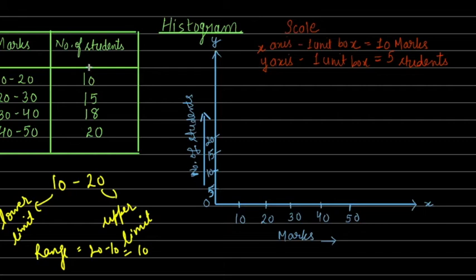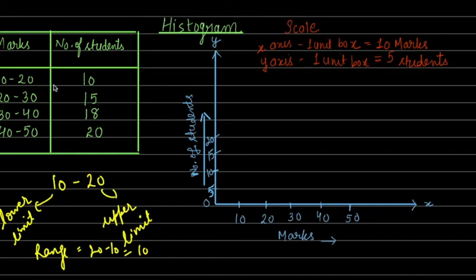Now if you see, the upper limit of one interval is the same as the lower limit of the next interval. Here the upper limit is 30, which is the same as the lower limit of the next interval, which is 30. So the upper limit of one interval is exactly the same as the lower limit of the next interval. See, this is the same, and this is again the same. So in such cases, when there is no gap between the intervals, we are going to get a consecutive bar graph, which is called a histogram.